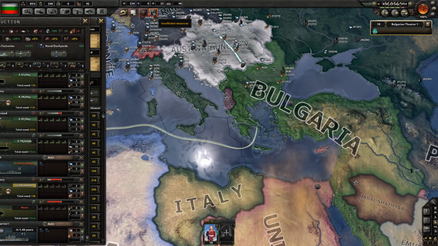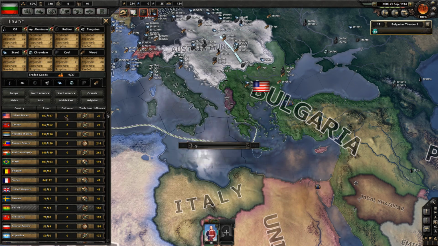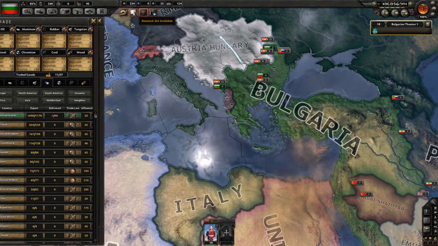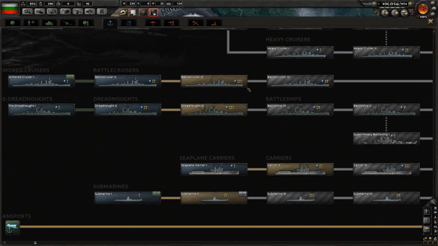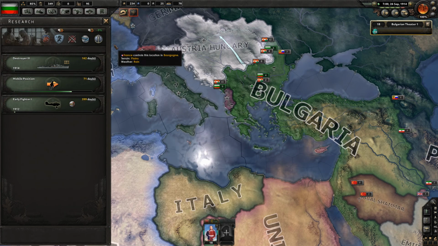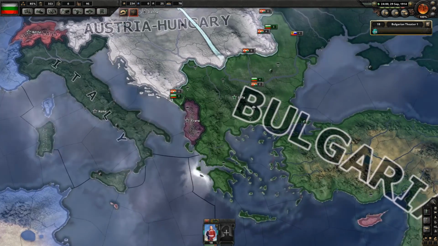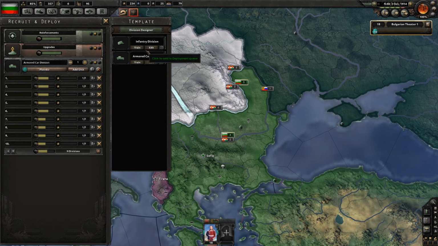So we definitely need more steel. A bunch of different resources here. Wood, okay. What else do we need? Tungsten. I should set us up pretty good for a while. Let's see. Destroyer 3s, we need to make them destroyers. And then let's check out the...